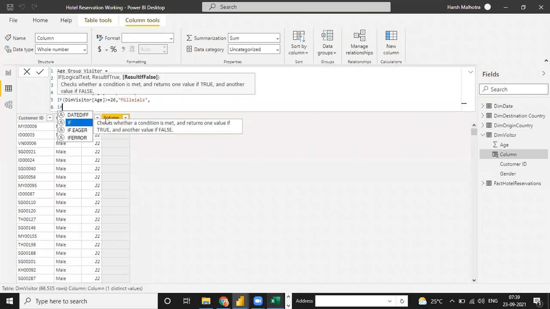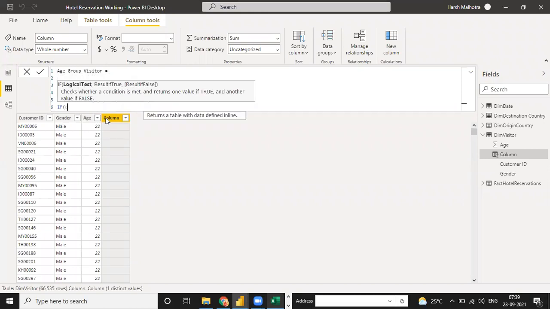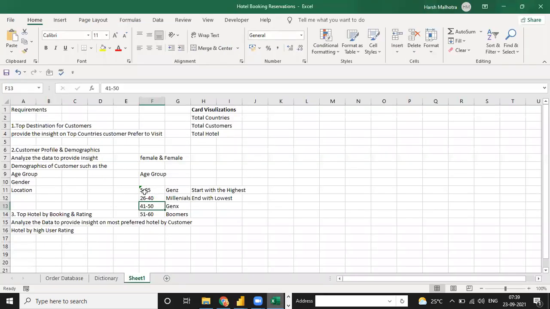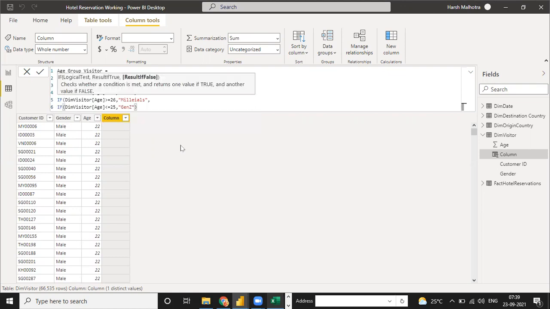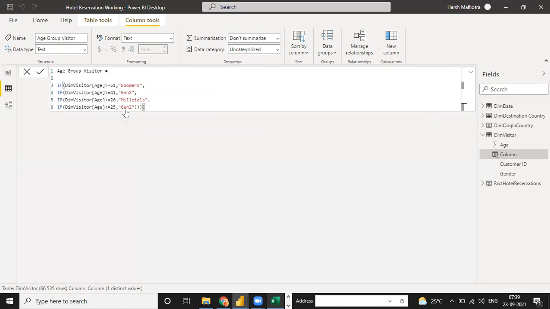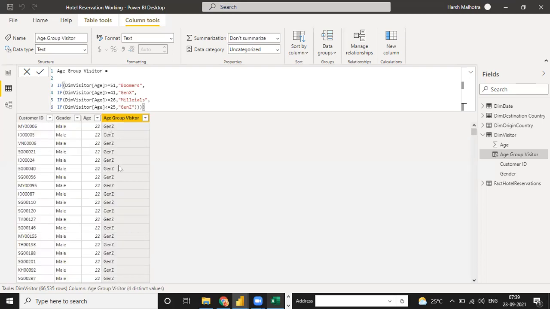And if the visitor age is less than or equal to 25, then you need Gen Z. Write these four things and click enter. Your age group for the visitor is ready. See the age group. Okay.